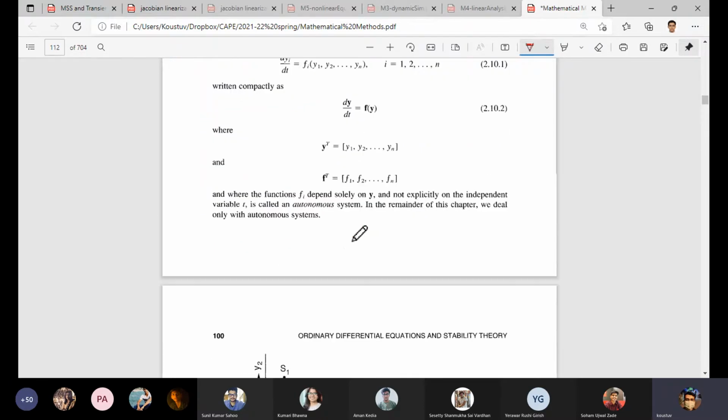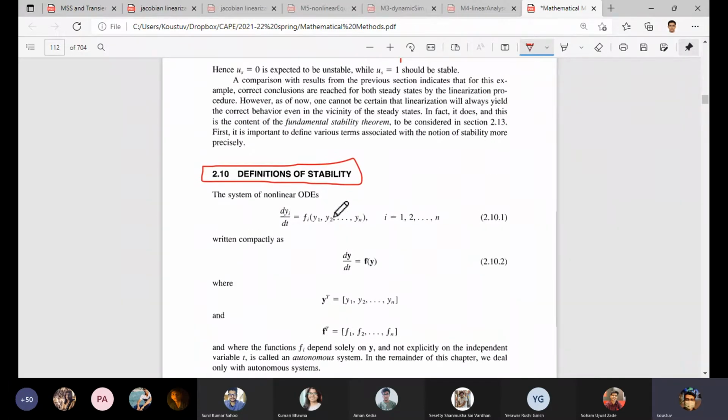It has expanded with respect to several functions and several state variables. So there will be 1 to n, so n number of state variables characterizing n number of equations, and it is given in terms of matrix. So why this bold letter? They are nothing but our matrix form.